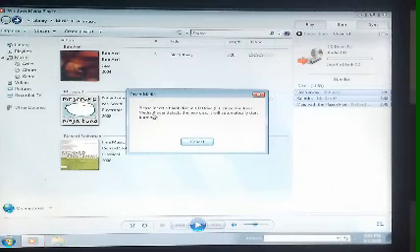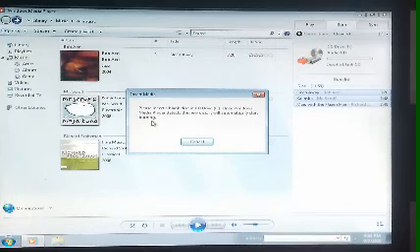Look students, the computer system gives an instruction: please insert a blank disk in the CD drive. Once Windows Media Player detects the new disk, it will automatically start burning. It means the computer system wants a blank disk.